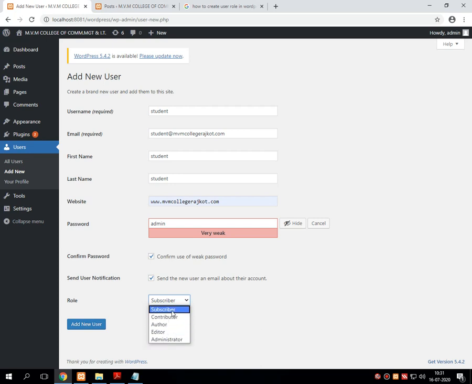Suppose I assign the student user as a subscriber, then they can only subscribe or send comments on the posts created by the administrator. They cannot perform much more functionality than this. Say, for example, right now I am creating this particular user as a subscriber. I am just pressing this Add New User button.